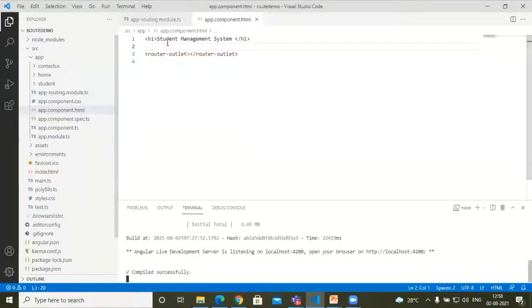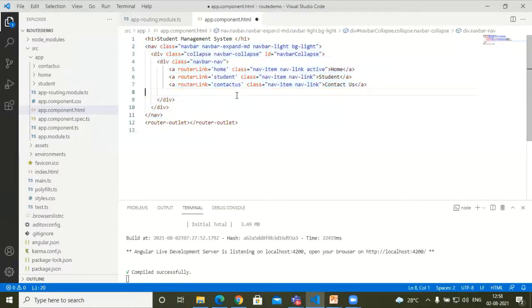So instead of that, I have added here the nav component. I have added the navigation navbar. In that, you have added student, home, and contact us links. And of course, this thing is more important because you have to provide a routerLink, because we know what is the syntax of the anchor tag: href.